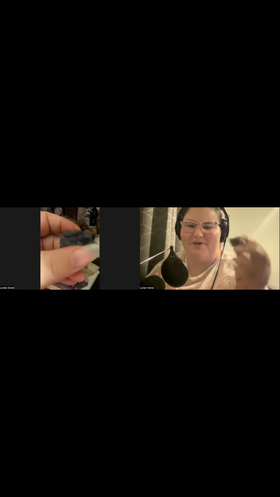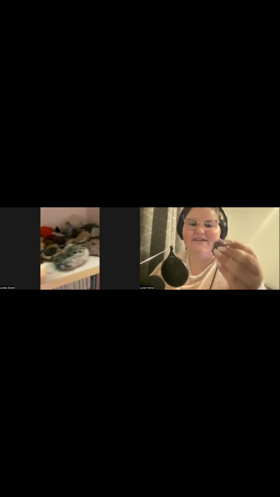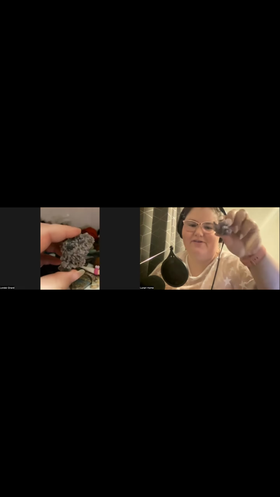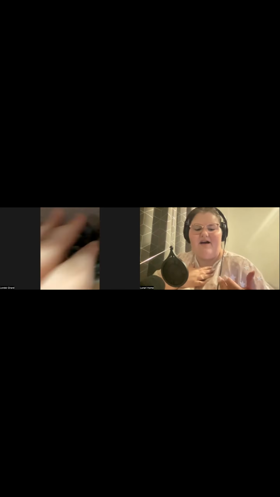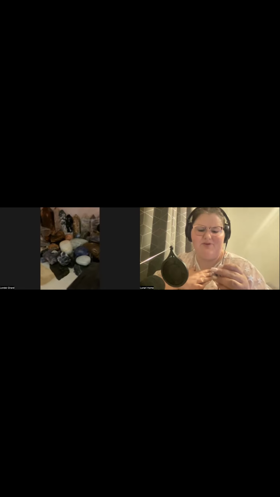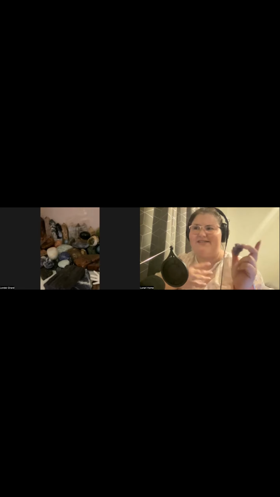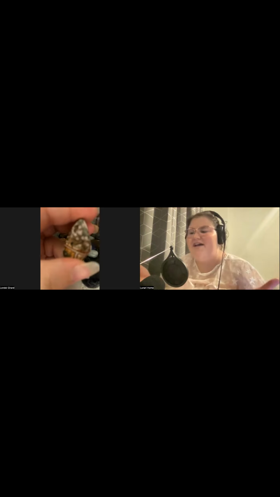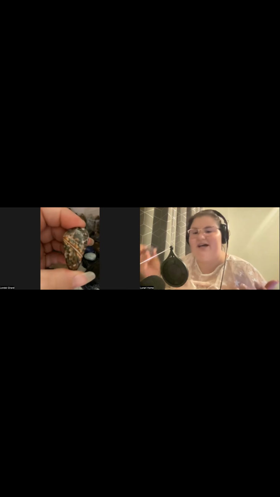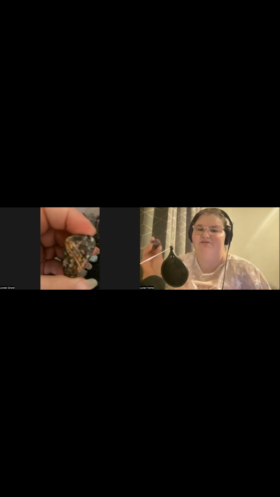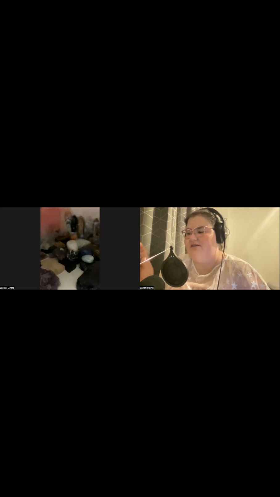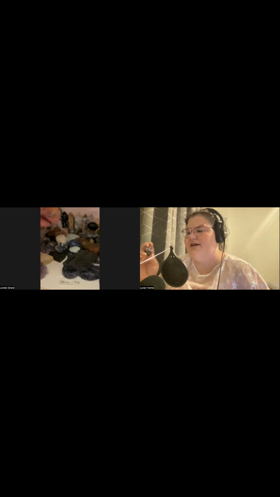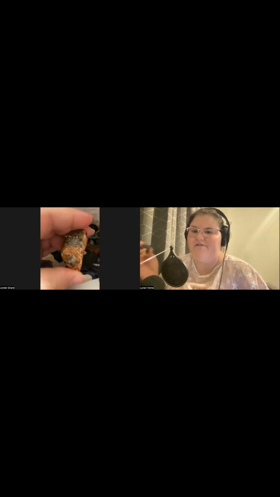So we're both showing grape agate at the same time. Grape agate is the best example of botryoidal crystals, and that's one that I really like. For some reason, I'm not that into grape agate, which seems really weird considering I love purple and I love botryoidal crystals, because I think it's very fascinating that crystals can have naturally occurring spheres, because crystals tend to be in more of a cubic formation.